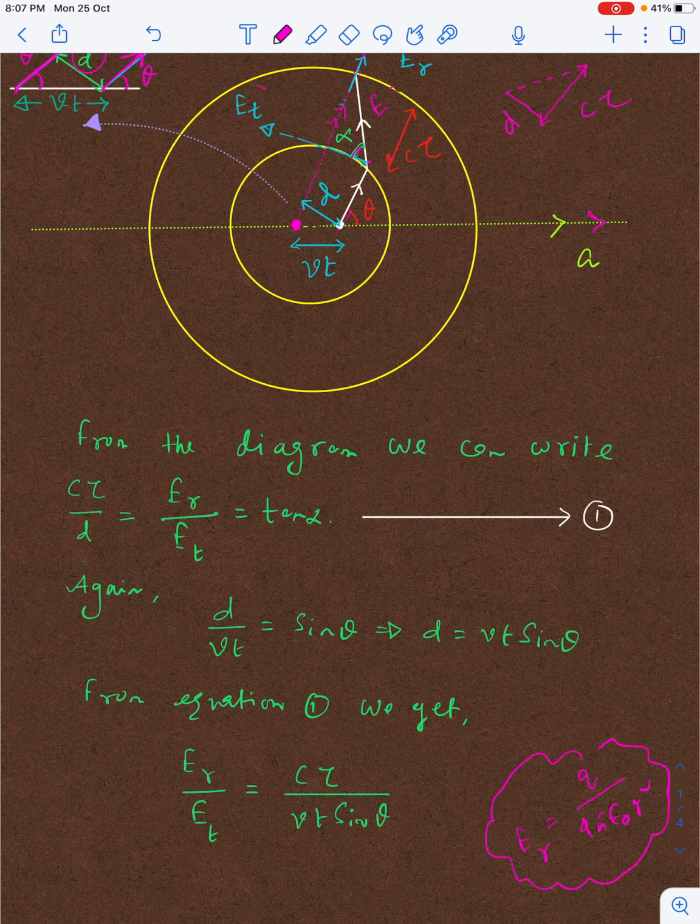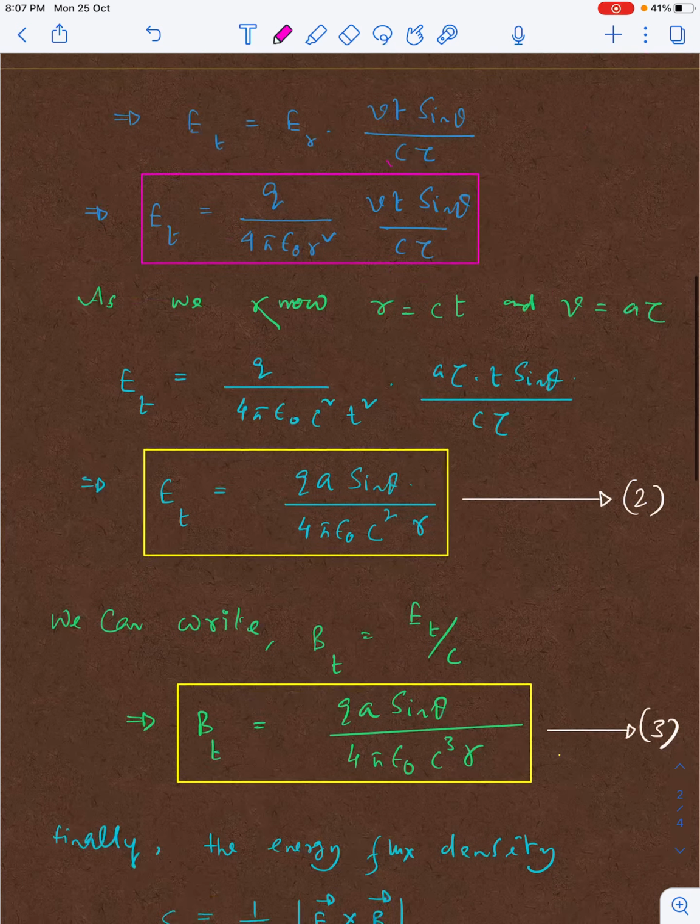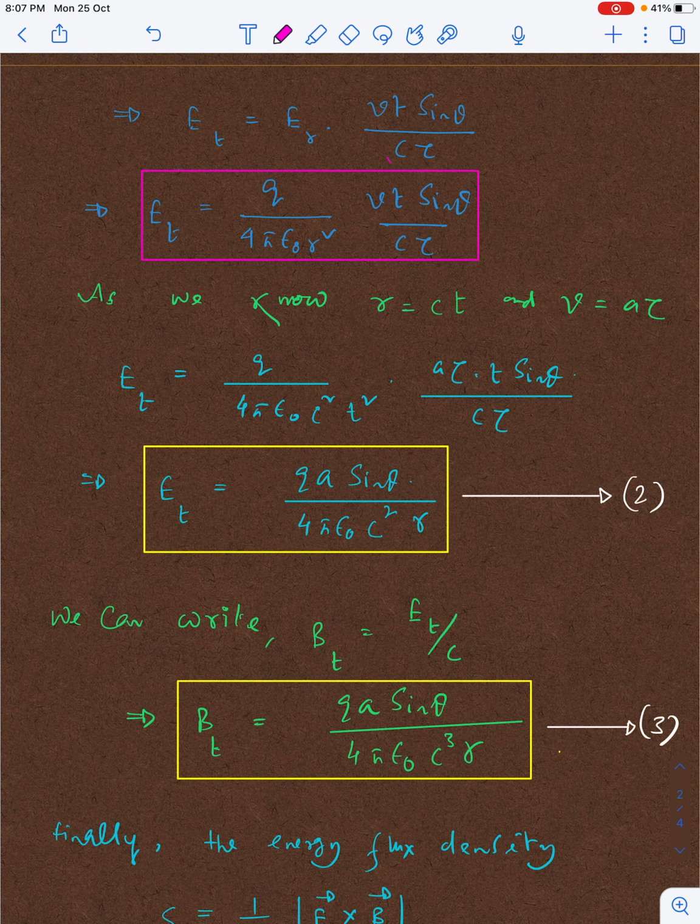All right, fine. Now see, I am putting two values here. One is R equal to Ct. C is the speed of light in vacuum and it is the speed with which the field travels. We assume that the field is traveling with speed c. And V equal to A into tau, where A is the acceleration of the charged particle. So after substitution, this ET value will be revamped as Qa sine theta by 4 pi epsilon naught c square